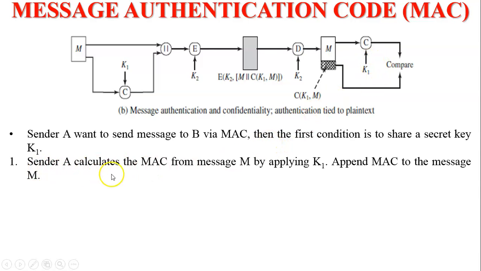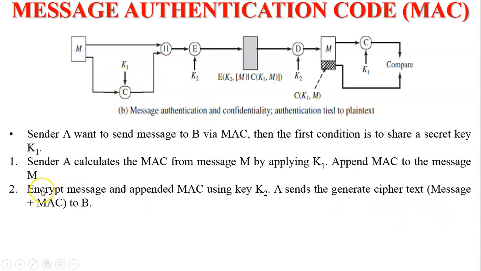So sender A calculates the MAC from the message M by applying K1. Now you can see here the message M and the MAC generated from the message M with the help of key K1. Now the generated MAC is appended to the message M. Now the message and appended MAC are encrypted with the help of key K2, and A sends that generated ciphertext to